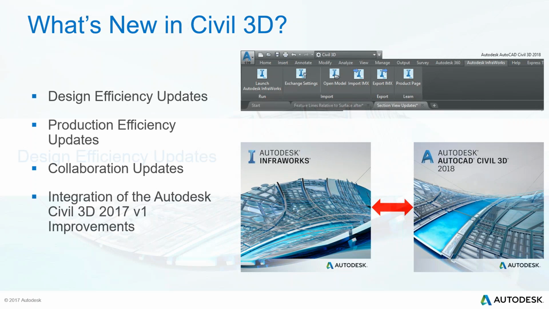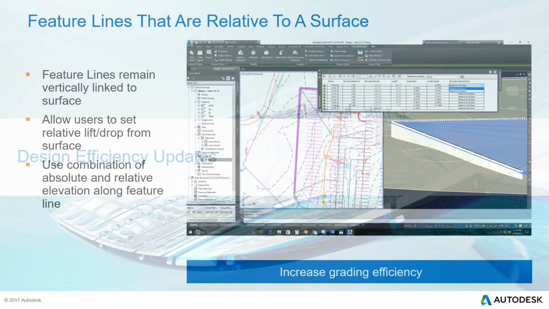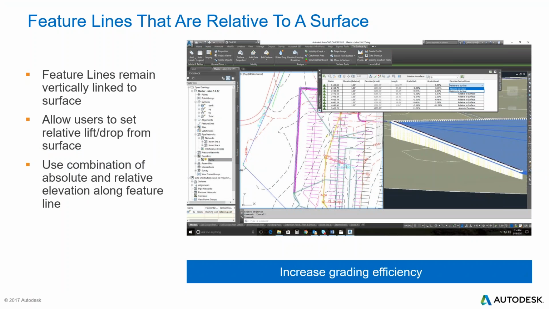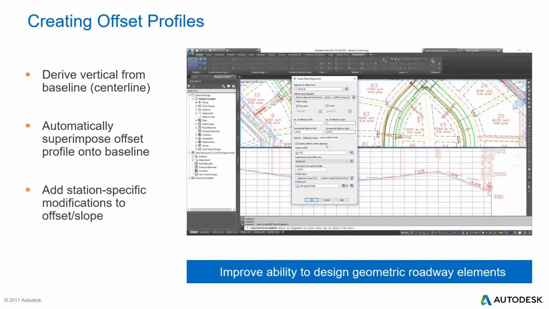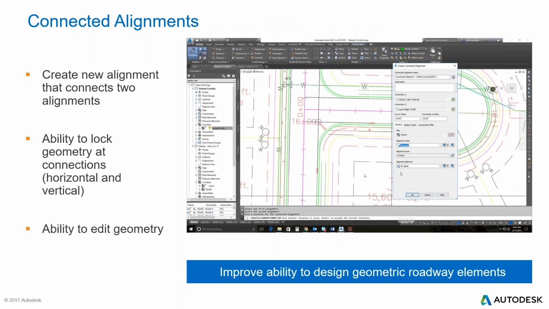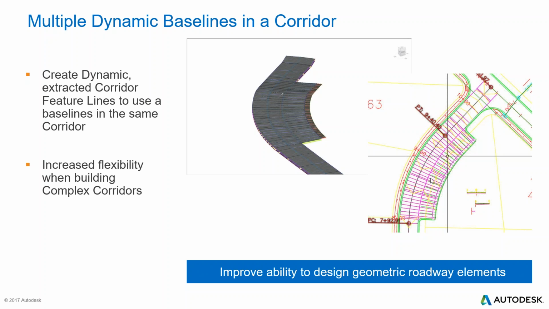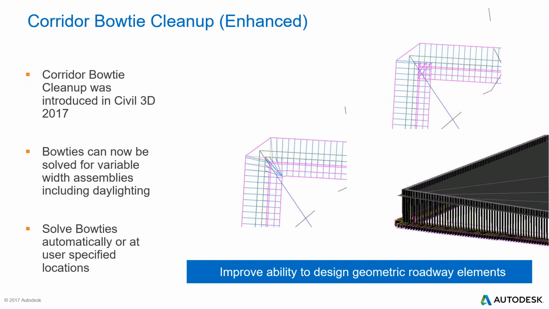Then the design efficiencies: there's some new functionality with feature lines and how they relate to surface modeling, relative and absolute for feature lines. Then also creating offset profiles with alignments in Civil 3D, geometric roadway elements that are more efficient and more dynamic, and also baselines with corridor. So we're going to go through some of those things. Everyone has probably run into the idea of corner bow ties and things like that, but we're going to move